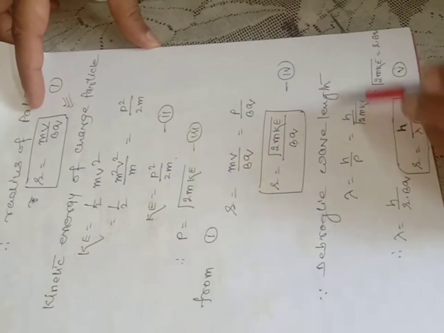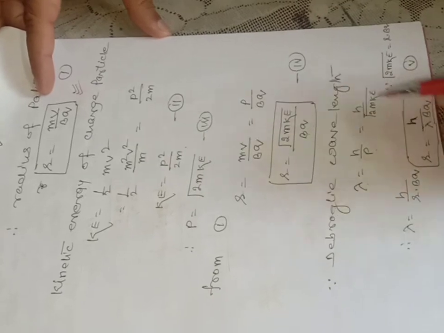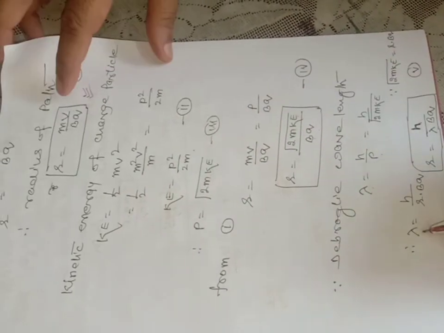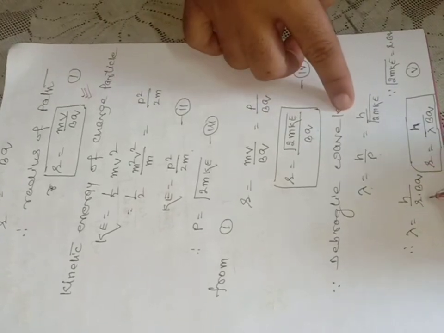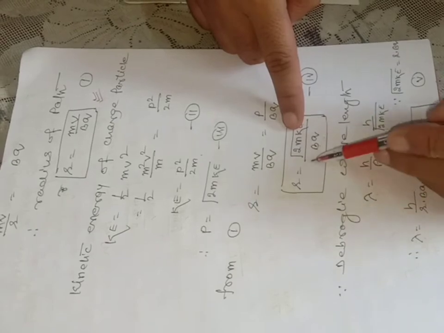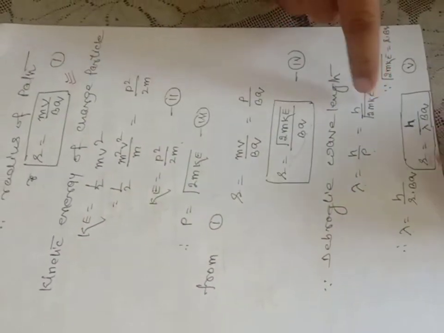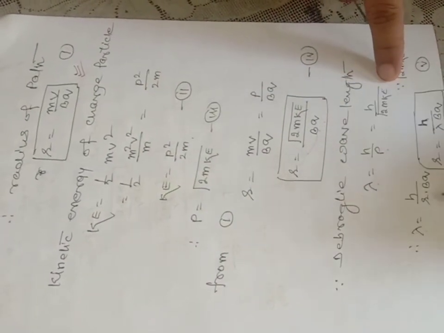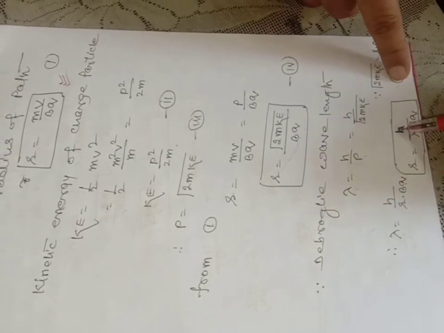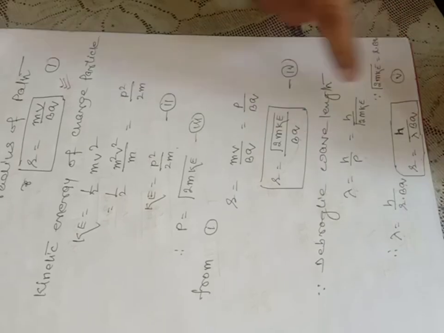And as you know, de Broglie wavelength lambda is equal to h by p. H upon, instead of p, write down under root 2mk. So it becomes lambda is equal to h upon under root 2mk. See here, under root 2mk is equal to r into bq. So radius becomes equal to h upon lambda bq. h is Planck constant, lambda is the wavelength, b is the magnetic field, and q is the charge contained in the charged particle. Correct now?